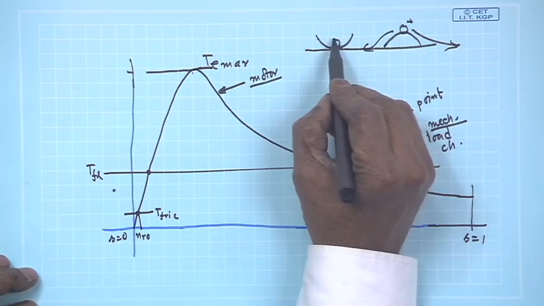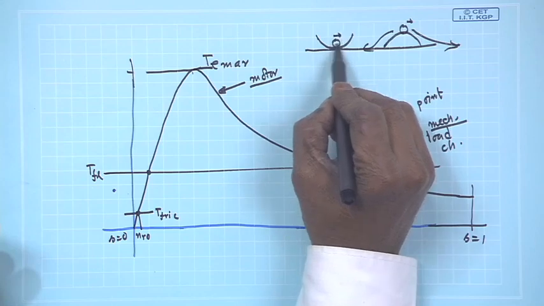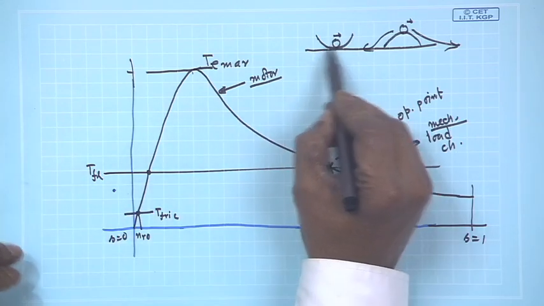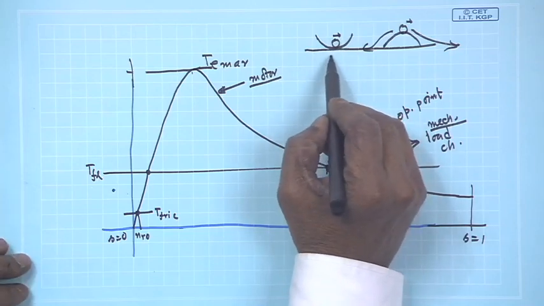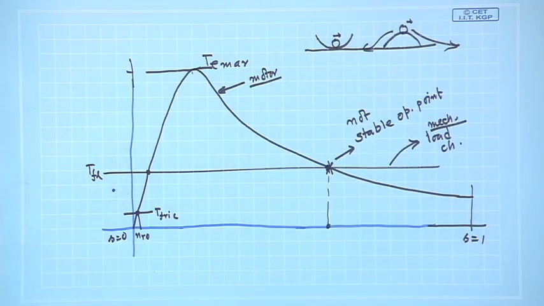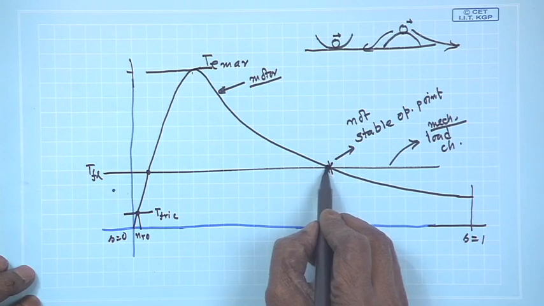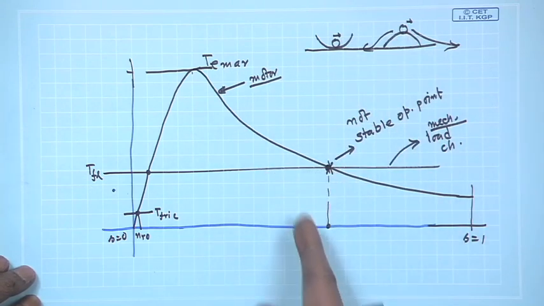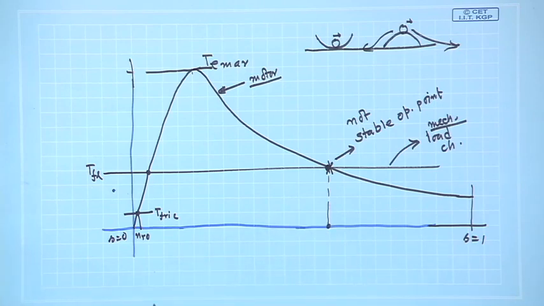But here, if you give a slight disturbance and release your hand, it will oscillate a bit, but once again come back here. So, this operating point is of this kind. Okay, these two are equal, it is critically stable,